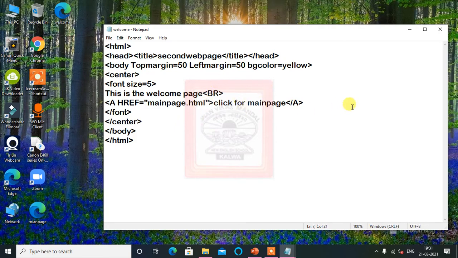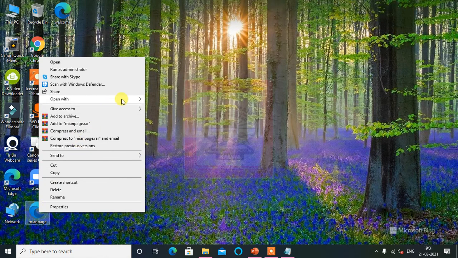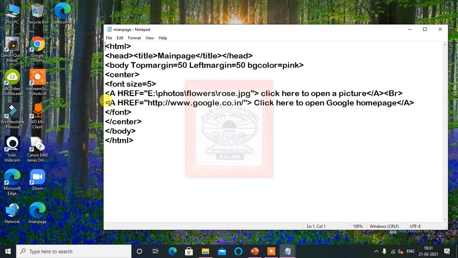Now for this, what I will do, I will close this and I will put this hyper reference here. Same thing I will copy. Here use the BR tag. href welcome.html.